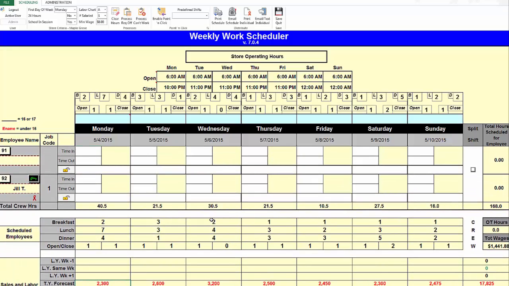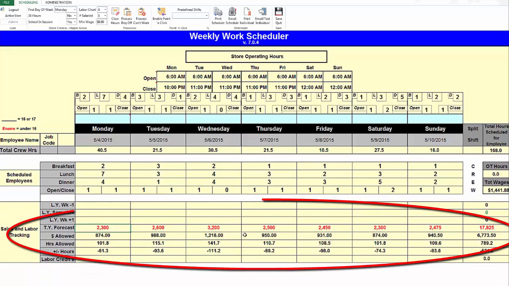As we are now at the bottom of the weekly work scheduler, you'll notice that there's an area for total crew hours, as well as a repeat of the tracking metrics for breakfast, lunch, dinner, as well as opening and closing. You will also notice that there's a sales and labor tracking area where you can enter a sales forecast, and based upon your labor guidelines, it will calculate how you are comparing against your labor guidelines for this week